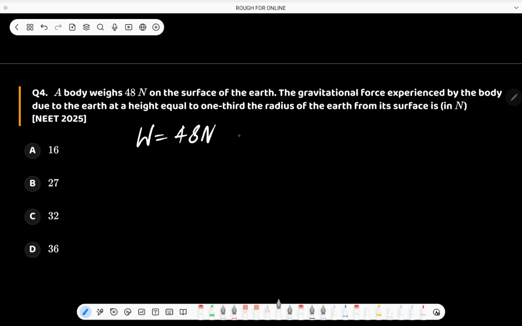All right. H is given, it is equal to R divided by 3. The question here is to calculate acceleration due to gravity, or calculate W. We are supposed to calculate W at what height? We'll have to calculate WH at a height H equal to R divided by 3. So simply we will use this equation, GH, or for that matter I can write down